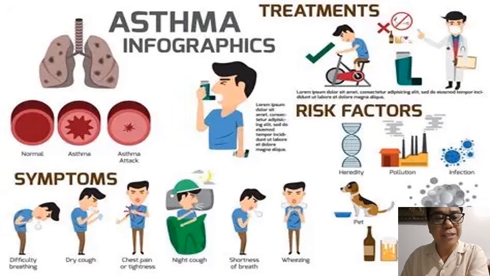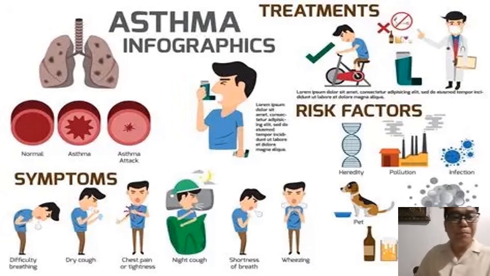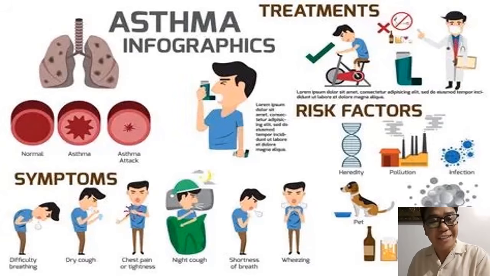If you will notice, this is our tubes wherein air is flowing. On a normal person, it is big. For those patients with asthma, there's a blockage in it. During an asthma attack, the airflow is really tight. Okay, that's why it produces the wheezing sound.